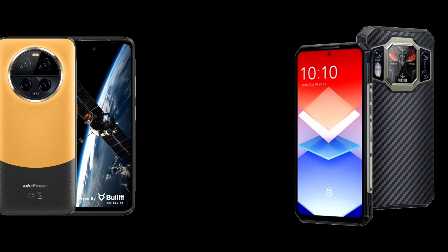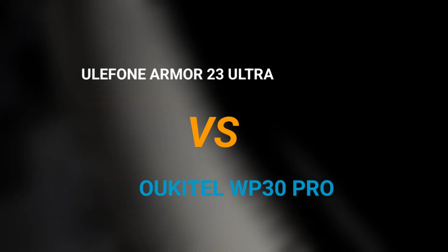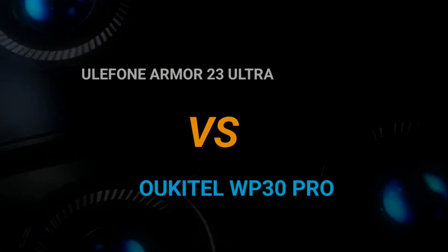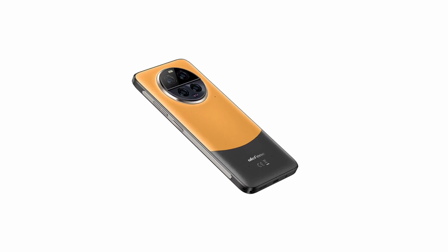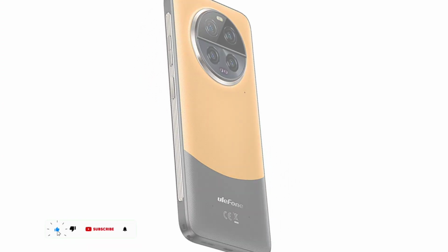So let's quickly compare the specs of the Ulefone WP30 Ultra with the Oukitel WP30 Pro. I won't bother to talk much in this video. Let's just compare the specs of both devices to point out the differences and similarities between the two 5G rugged